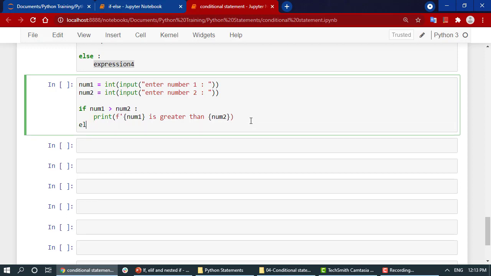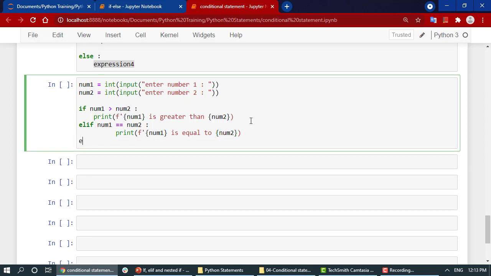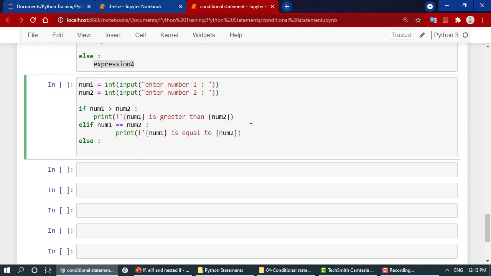Let's write the elif. Elif, the condition is num1 is equal to num2. This might be one more condition. Then I'm going to print out that num1, it's a typo, make sure there is no typo, is equal to num2. Else, if all of these are not true, then it will be else print,